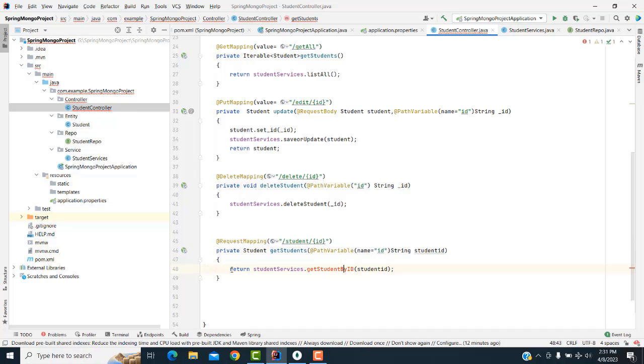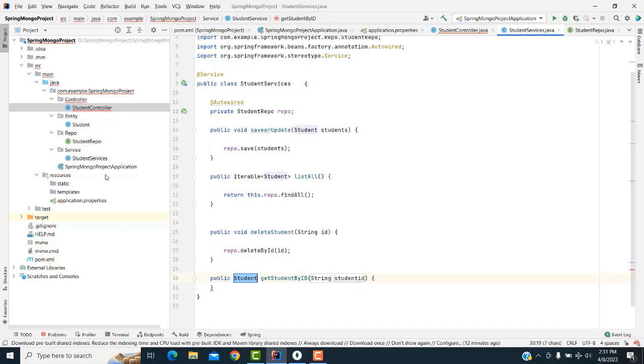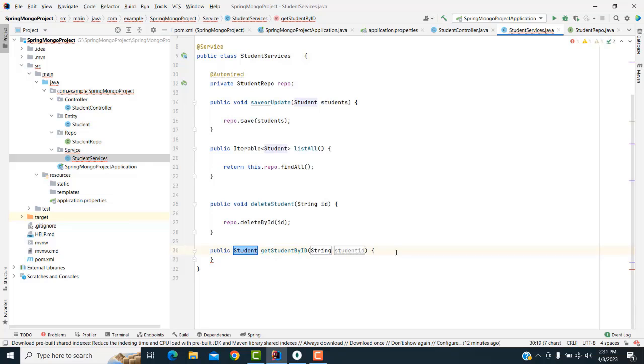Now here you have to create the method in our service. Create the method in the service. It calls the service class. Its method is created. Now what you are going to do is here we have to search the student. So how to search the student? You have tried student get ID, string ID, student ID. Okay, this is the ID. You have get student ID. After that, you have to write return